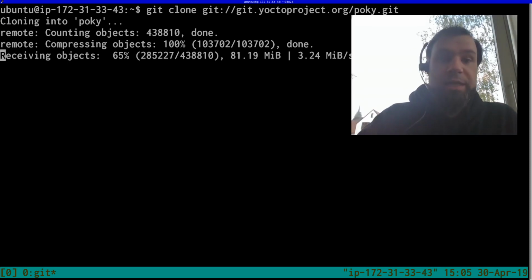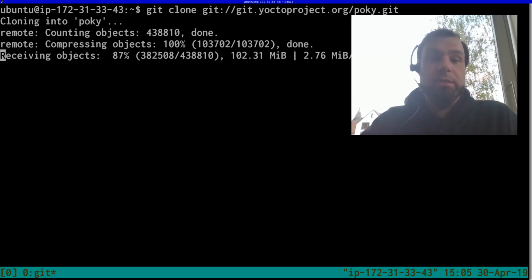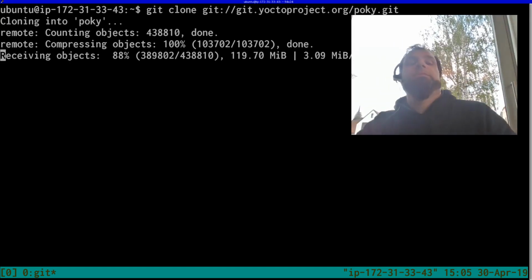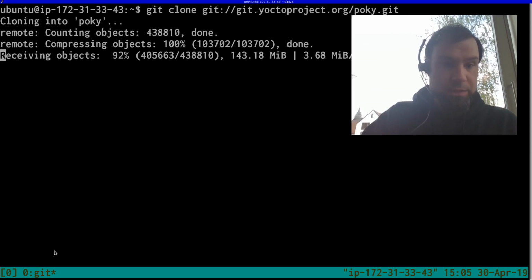So the next thing after the clone will be to get the latest release, which is 2.6.2 right now. Just waiting for the clone to finish. I actually wanted to prepare a quick peek at the